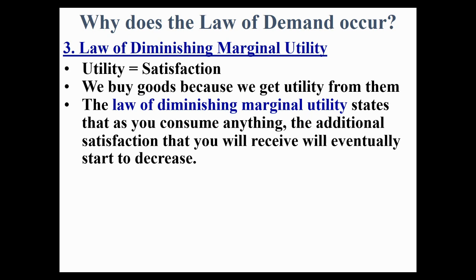So, in other words, if I buy a slice of pizza at our high school football game, and it costs $3, well, I might be willing and able, I might have $3 and I buy that slice. But the pizza maybe is not so good. So you might go, I'm hungry, but do I really want to spend $3 on another piece of pizza? You don't feel like you're going to get $3 worth of satisfaction on that second piece. But if they turn around and go, hey, if you buy a second piece, we'll only charge you $2. Well, now you might go, my marginal satisfaction, my marginal utility is worth $2, so maybe I'll buy that second